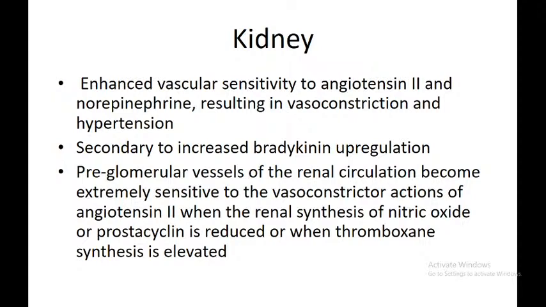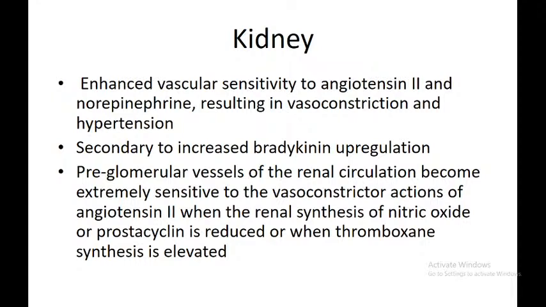And also in pre-eclampsia, the preglomerular vessels of the renal circulation become extremely sensitive to the vasoconstrictor actions of angiotensin II. So usually there is enhanced vascular sensitivity to angiotensin II and norepinephrine. Because of this, the preglomerular vessels will be vasoconstricted, and usually these are the sites where